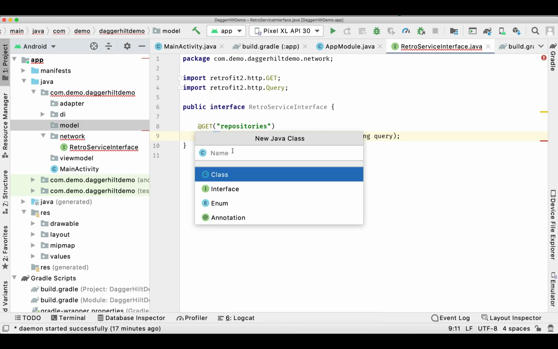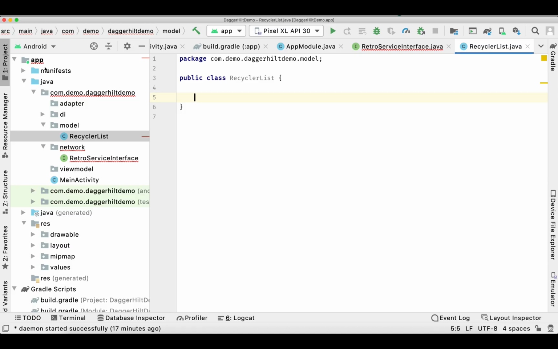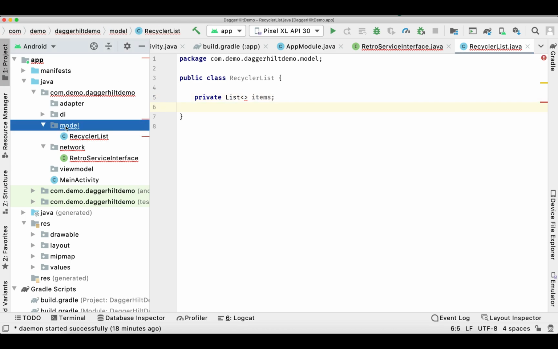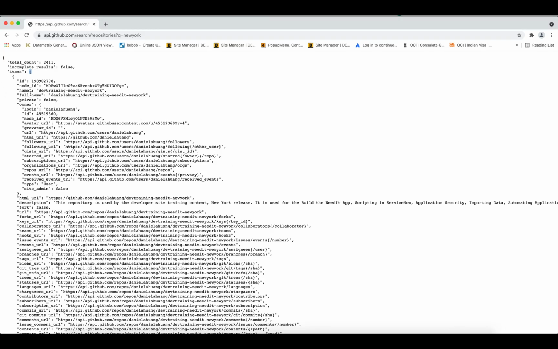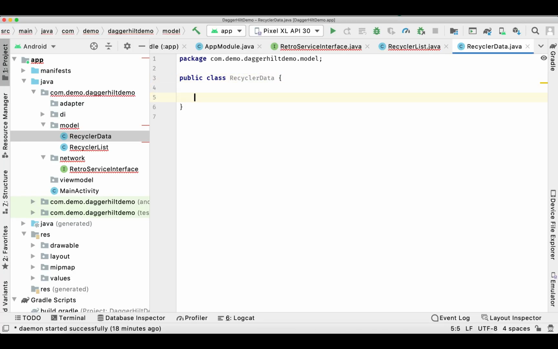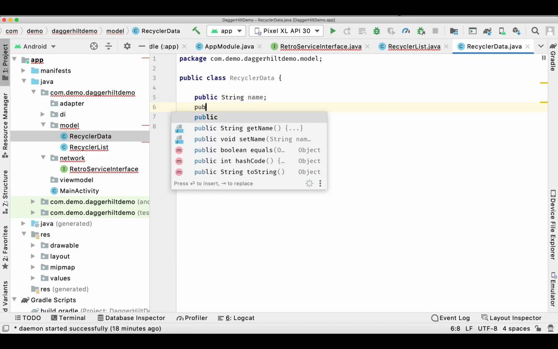So let's create our model classes, which are going to actually hold the data. First class is the recycler list. As you can see, items, we are going to receive an array of items. So I'm defining a list of items, and we need to define what kind of list it is going to be. So I'm creating another data class that is going to hold name. I'll define a new variable name,